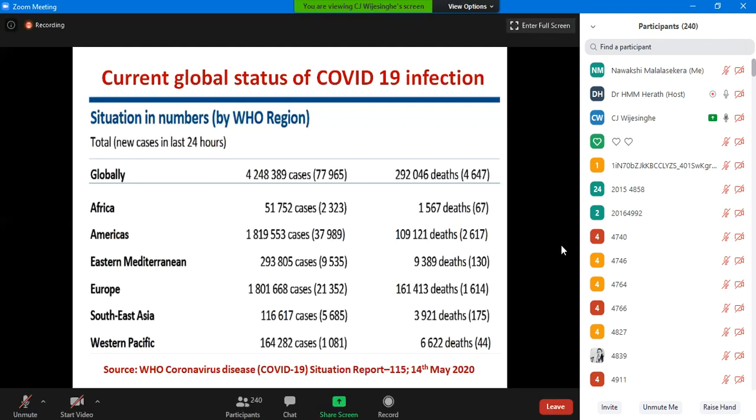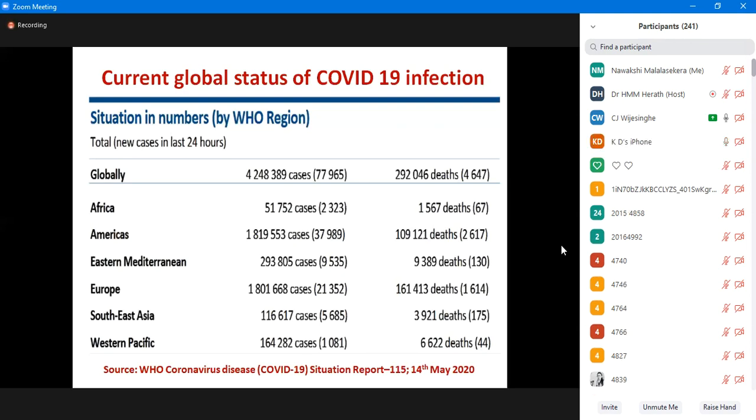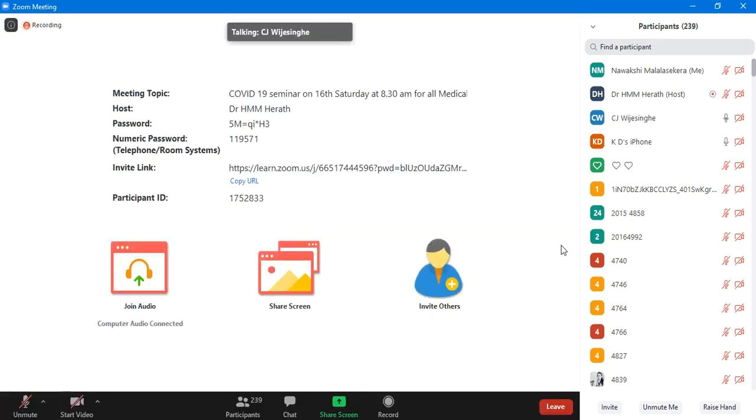Followed by United Kingdom and Spain. However, the death toll is higher in the